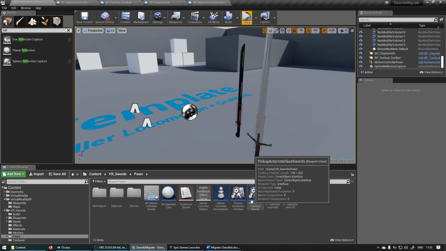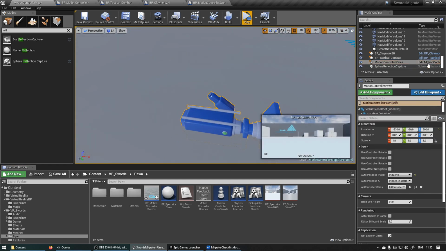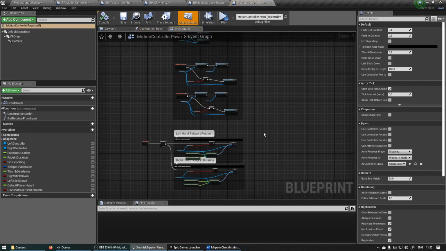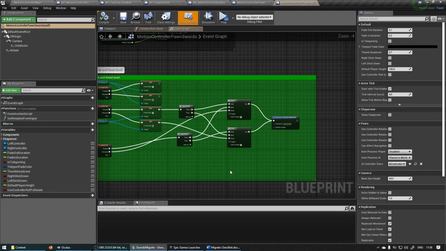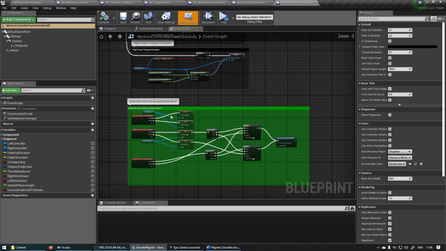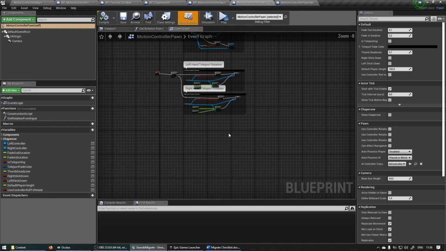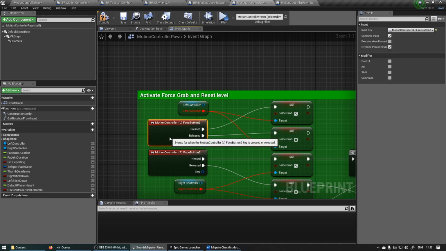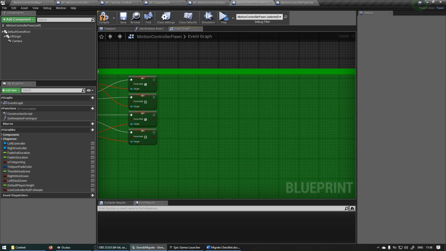Okay, so to do that, we just need to go into your motion controller pawn. Let's open up the blueprint. Cool, and then we just need to add an input. Cool, so the easiest way is just to open up my motion controller pawn as well. And then you'll see there's a little green section here called Activate Force Grab and Reset Level. So we can just copy this whole section, and paste that into your motion controller pawn blueprint. Cool, we don't need these for the reset level. We can delete those,